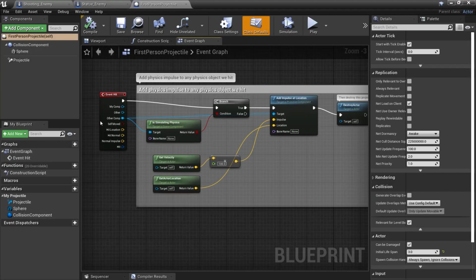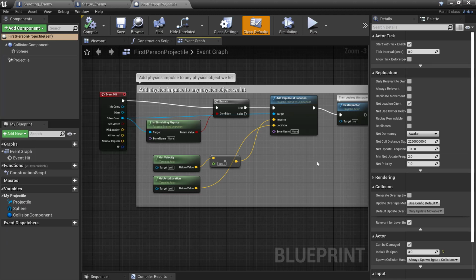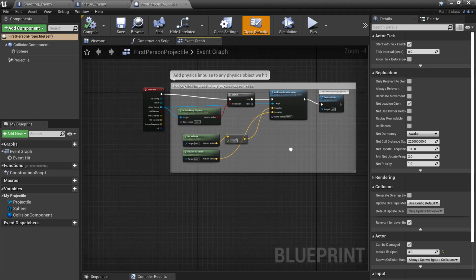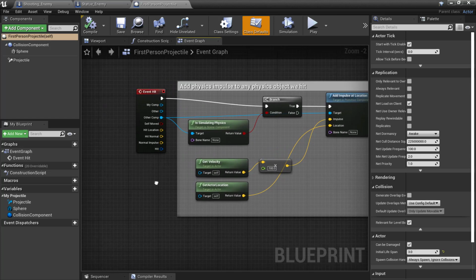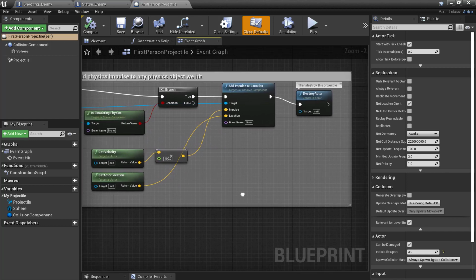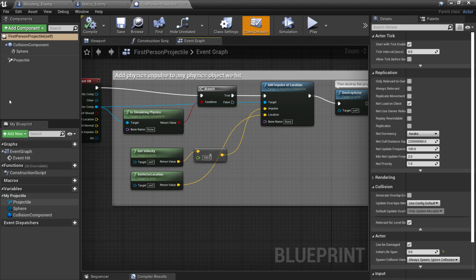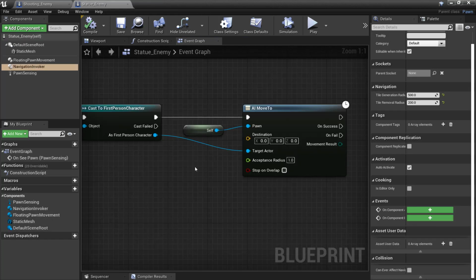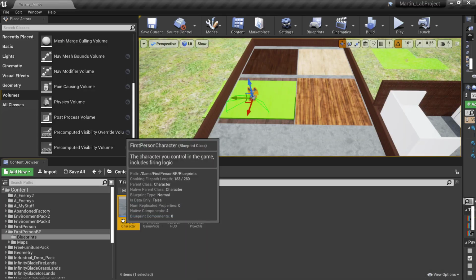you'll see that it has a projectile movement, and there are a couple of things that have been done to it. There's an event on hit. It simulates physics, and I guess that's how it makes it bounce. Anyways, so that's the projectile. Then if we look at the first person BP,